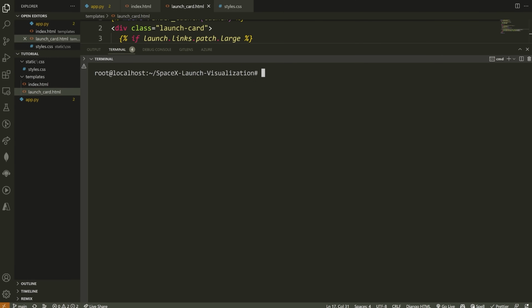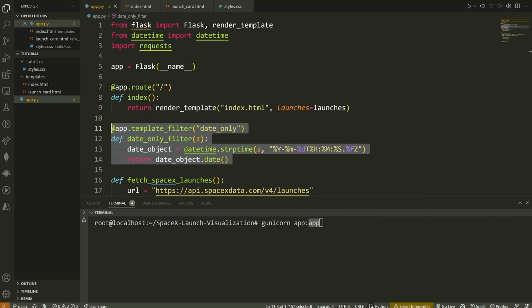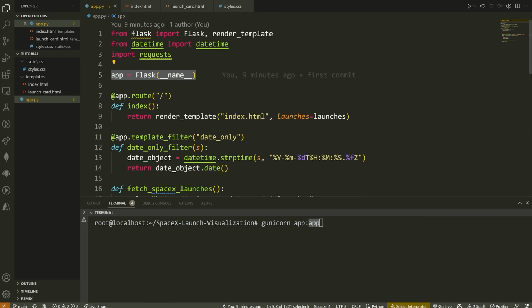Let's clear this. Now that we're inside of that directory, we're going to test the app. To test the app, we can use Gunicorn. So we're going to say gunicorn like that, and then app:app. The first name here is going to be the name of your Python file, which in this case is app.py. The second name is going to be the name of whatever you named this variable. Ideally, you just named it app like I did, but if you named it main or something, then you need to replace this second app with main, okay?